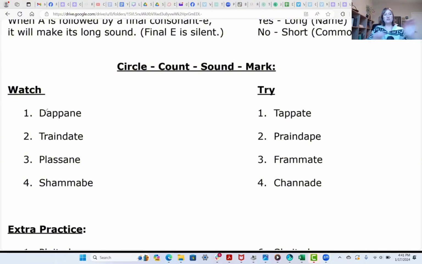Okay, so I'll do this first one with you. I'm going to circle the vowels. We have to figure out what those vowels are going to say before we pencil read so that there's no guessing. I know that this one is going to make its short sound because the next two letters are consonants. And when they're a double consonant like that, then it's a double easy reading hack. It's automatic, the vowel before it is going to say its short sound. This A does have a vowel one or two doors down, that E, so it's going to make its long sound. So this is just another